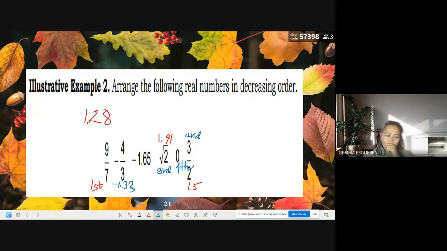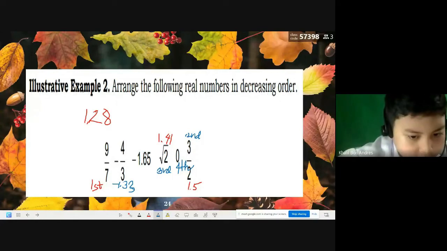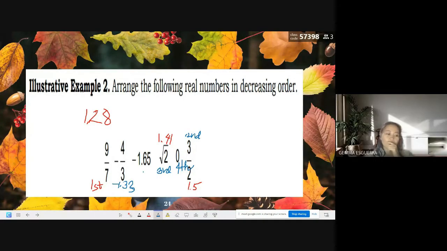So, alin ang mas maliit, itong negative 1.33 o negative 1.65? 1.65 po. At tandaan nyo, wag po kayong magkakamali. Pag negative ang number, pag mas malaki yung number, mas maliit po yung value niyan. Parang ganito yun. Halimbawa, may utang kang 10 at may utang na 5. So, alin ang pinakamalaki doon? Ay, pinakamalaking utang doon, negative 10. So, kung titingnan din po natin sa ating number line, ang negative number, pag lumalayo po siya sa 0, mas maliit po yung kanyang value.